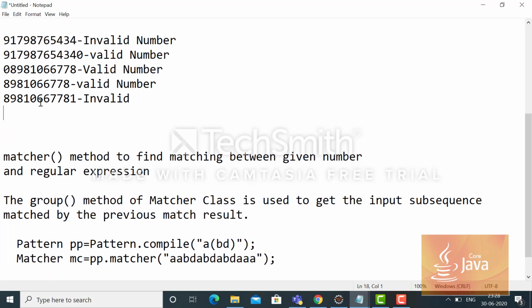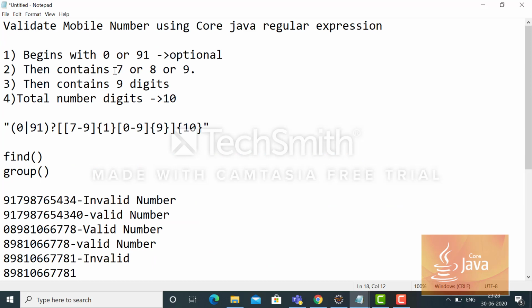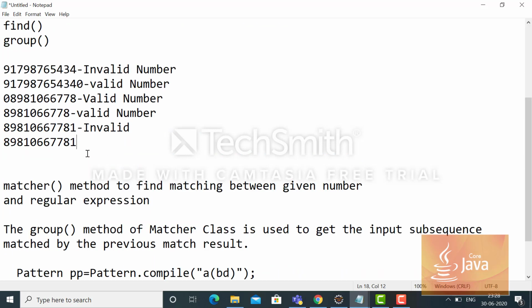Then, as my second condition says it should start with 7, 8 or 9, I'll give something apart from 7, 8 or 9, I'll give 5. 1 2 3 4 5 6 7 8 9 10, a 10-digit number but starting with 5. It should also say invalid.